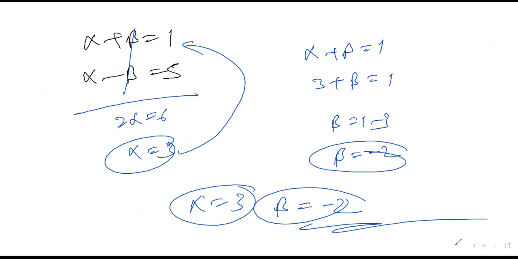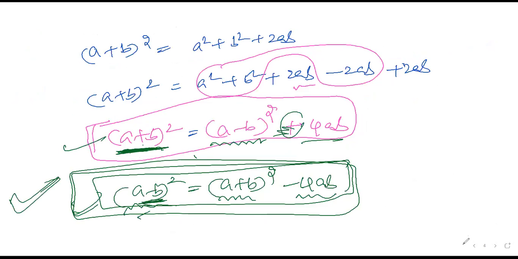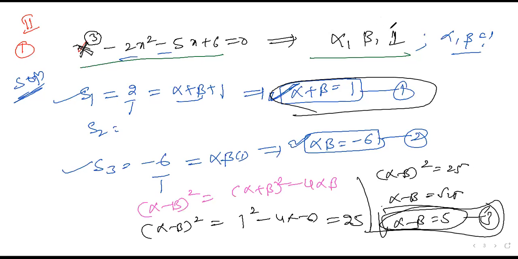Hence proved. Clear? So whenever they're asking for the missing terms or something else in the roots, we have to use S1, S2, S3. Out of those, whichever is comfortable to you according to your question, you can take. Whichever of S1, S2, S3 is comfortable for our solution, we take that only. Then you move forward. Clear? Shall I move to the next question?